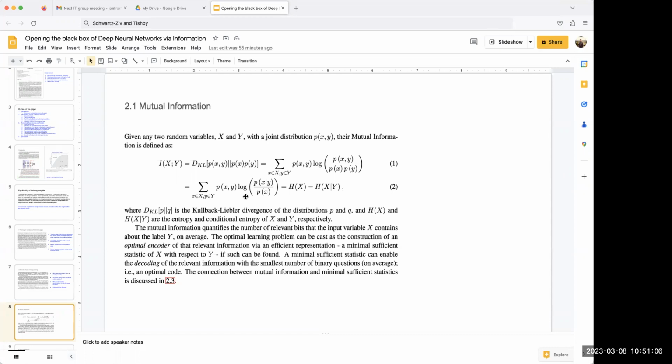Anyway, I would assume that P(x, y) is the joint probability, so it should normalize, or sum up to 1, over the entire joint distribution of X and Y, where P(x) only and P(y) only should normalize because they're the marginal distributions over X only or Y only. And P(x given y) should also normalize to 1 because that's a conditional distribution of X given a particular Y. So that should also sum up to 1.